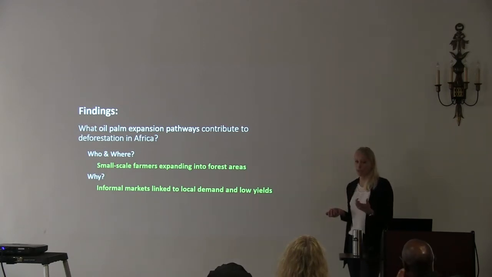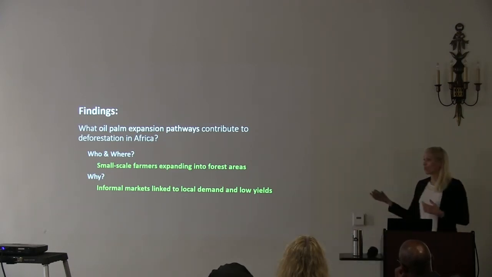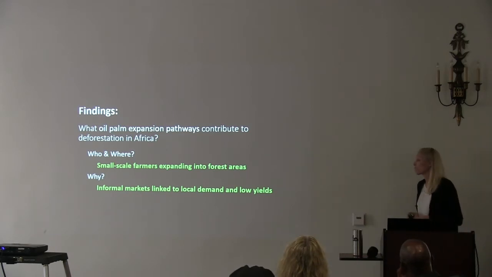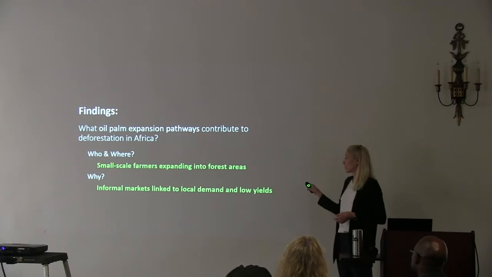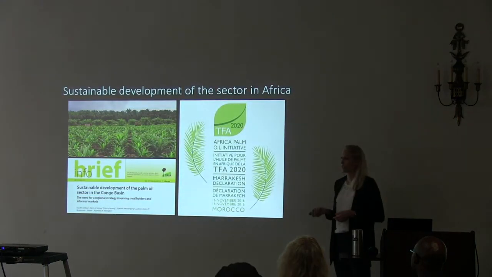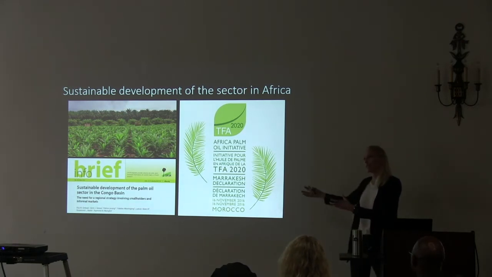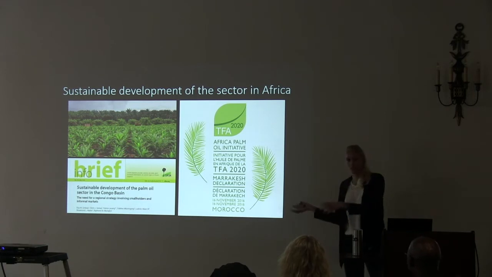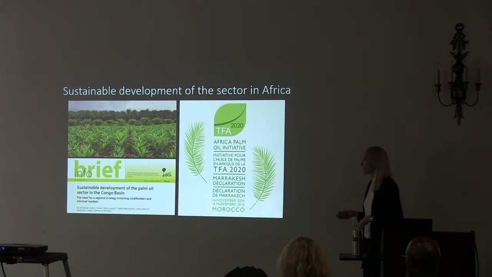So vegetable oil production is actually expected to triple across sub-Saharan Africa by 2050, which could place a huge threat to these ecosystems, these really important forest ecosystems. And it's really linked to these local demands and low yields, but there's potentially really different sustainability solutions in this scenario. So it's not as if we can just take this supply chain strategy that's been developed in Southeast Asia and translate it to another region. There's a lot of really locally important dynamics that are unique to this system that need to be considered.